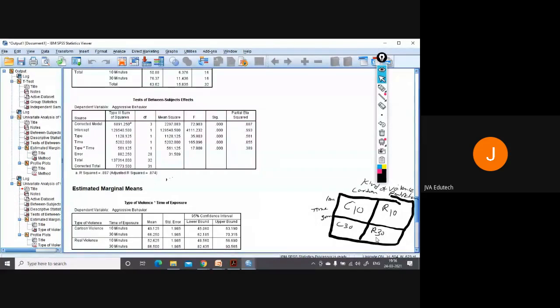In all the cases, the interaction term type into time is significant, which says that their level of aggression will differ. The effect size, partial eta squared, is 0.389. If you take the square root, it will be around 62%. So here you can write the results as